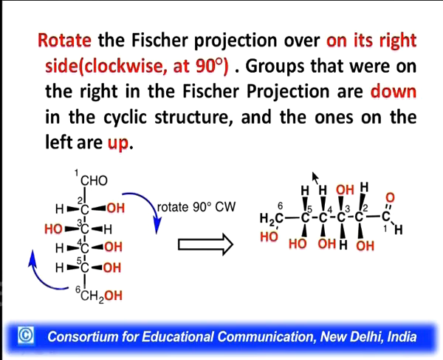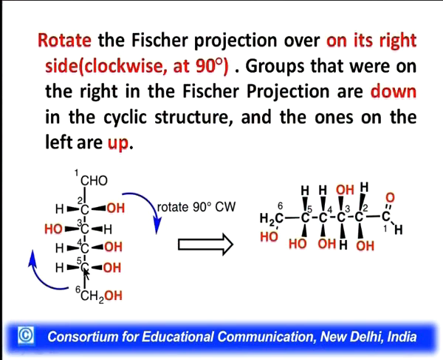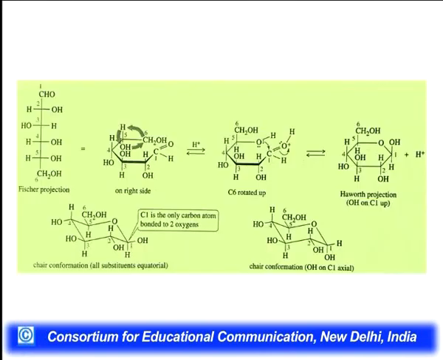So now we will write it in such a form so that the groups which are on the right hand side will come below, and groups which are on the left hand side will come up. Now next we have to write the molecule in such a manner so that this CH2OH group coils back, and the OH which is on the fifth carbon comes in front of CHO, forming the part of the ring. So what we do for this is we've written in this form.